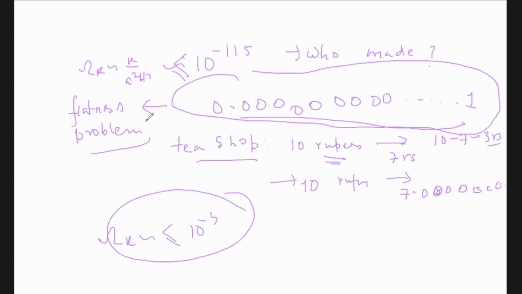Okay. Is it clear now? What is the problem? Yes? How do you suddenly get so small a number? Then there has to be a mechanism. Otherwise, who chose it by hand? Even if God put it by hand, how does God find such a small number of omega k in the beginning? So it is not easy.